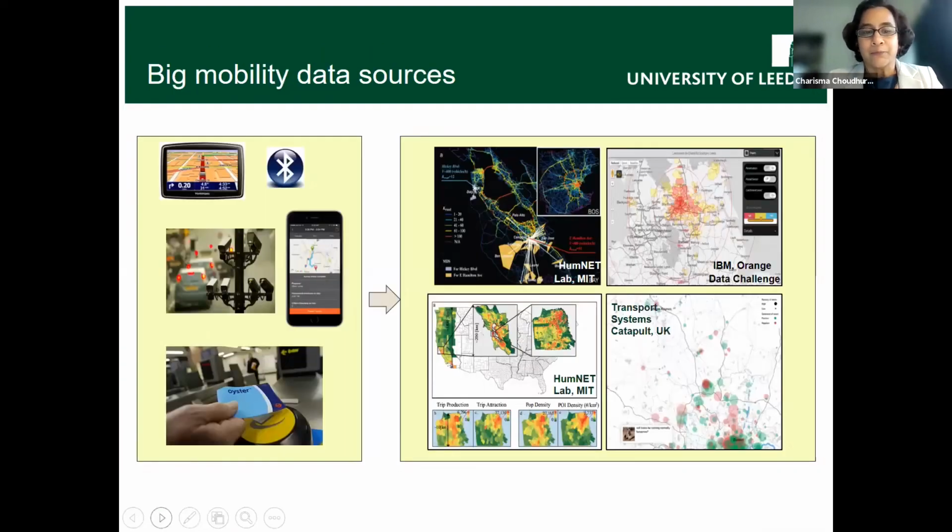And just to give a bit of background, assuming that there are some students here in the audience as well: by big mobility data sources, I'm referring to data sets like GPS, mobile phone data, or smart car data, which usually are anonymous. And for this reason, the majority of applications using this data have been limited to visualization or spatial analysis type of things, where the demographic attributes are maybe not so crucial.